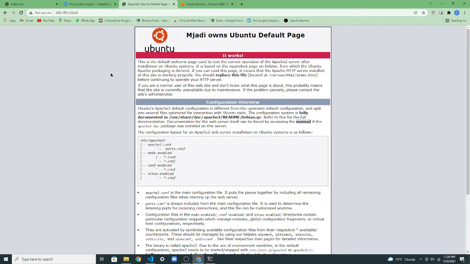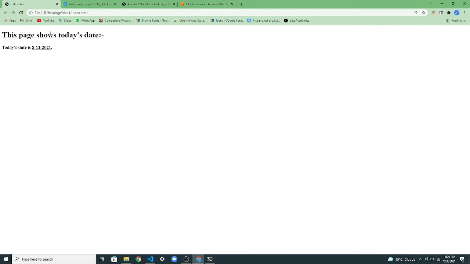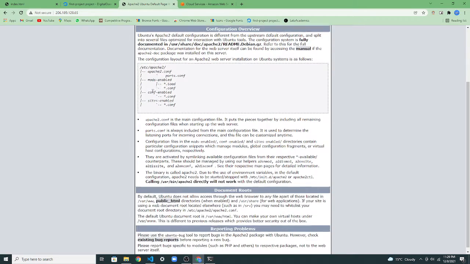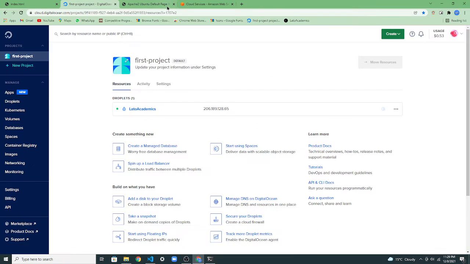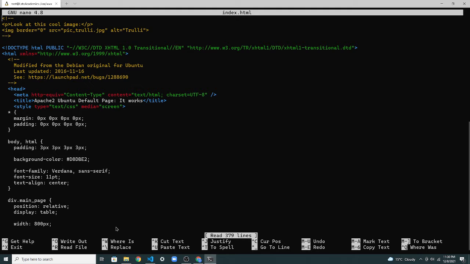I have a dynamic website ready that is made with Node.js. It uses a database and is not like this, which is just a simple HTML file. So we host a static website for this part, and in the next one we're going to use a dynamic one. Here, first of all, let's comment these lines over here.